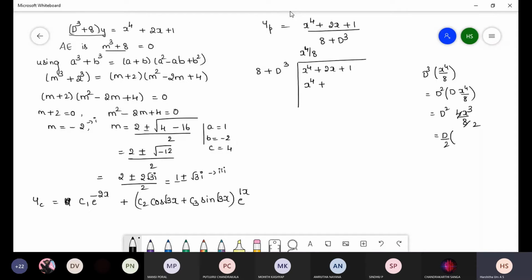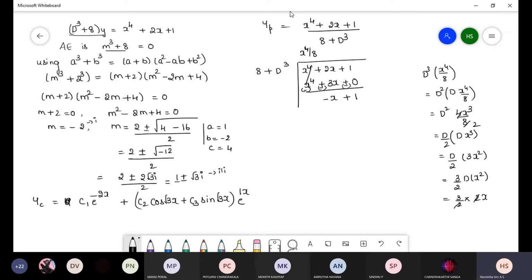Next, differentiation of 2 I will write outside, d into x cube divided by 2. Differentiation of x cube is 3x square. Next, the last differentiation of x square is 3 by 2 into 2x. 2 will get cancelled, remaining will be 3x. One more term is not there, so we write here 0. Now change the sign, minus minus minus. So minus 3 plus 2 is minus x, here plus 1.